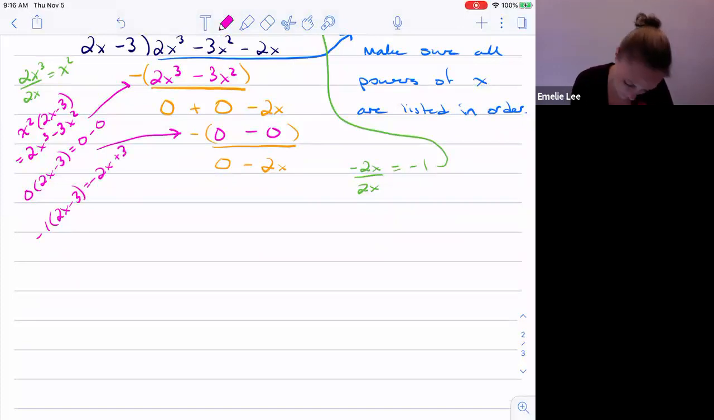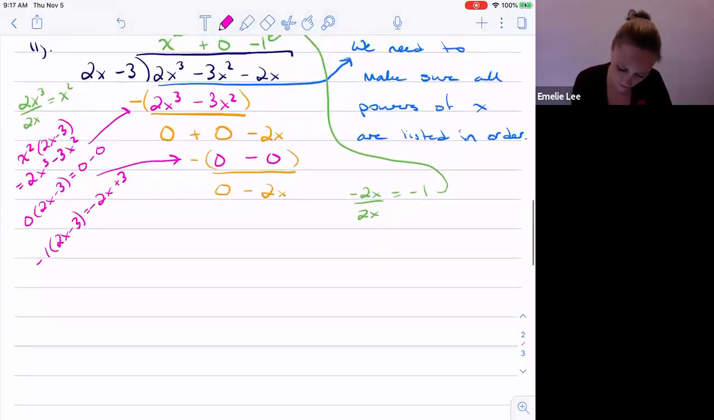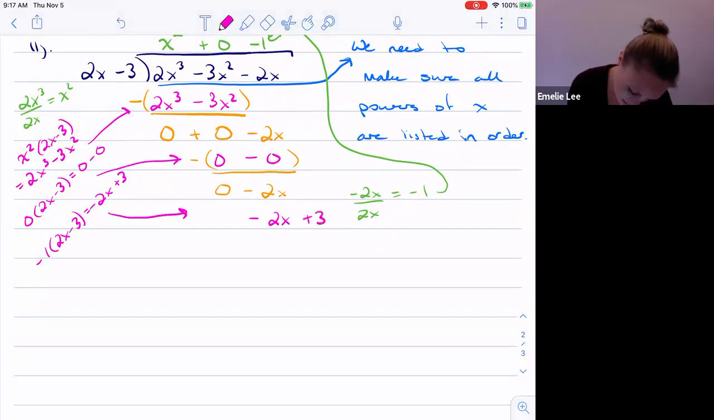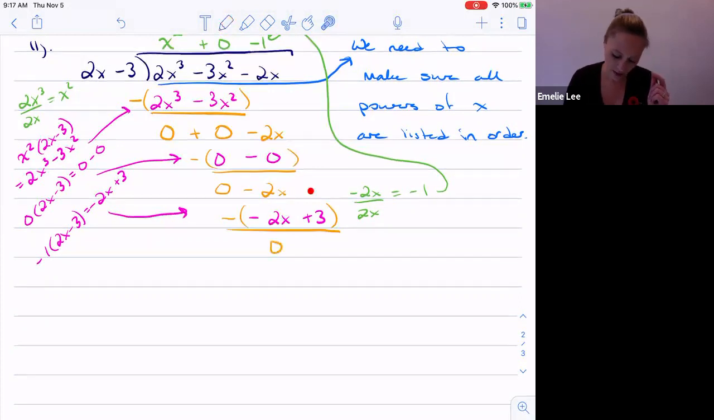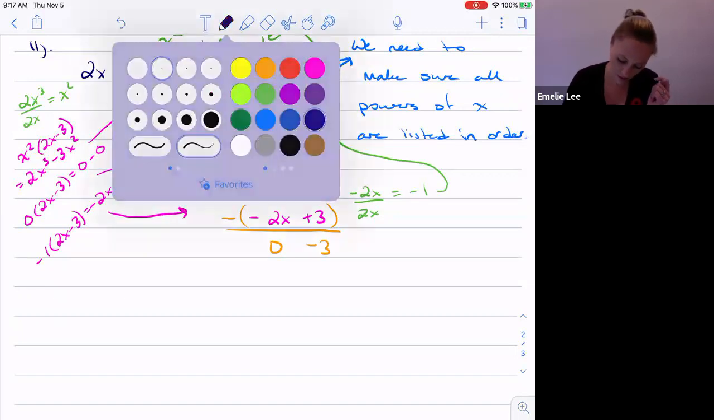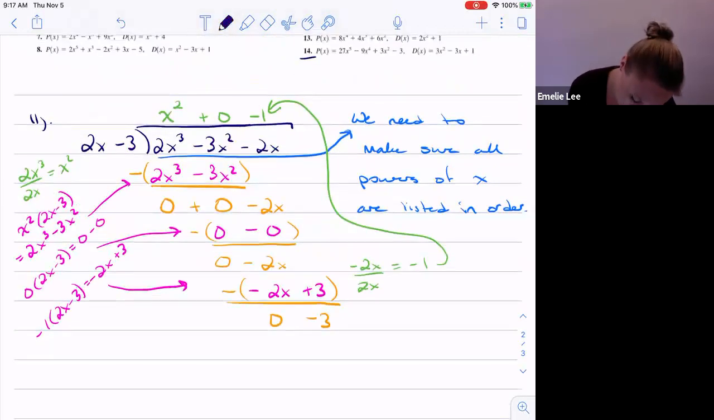-2x plus 3. So then this goes here. -2x plus 3. If I subtract these, -2x plus 2x is, of course, 0. And then 0 minus +3 is -3. So here, our quotient then,